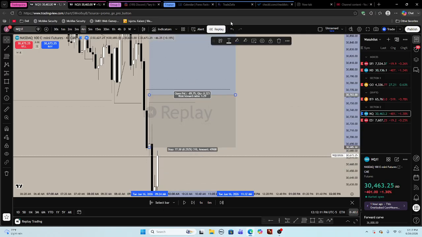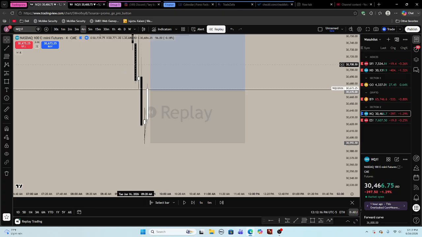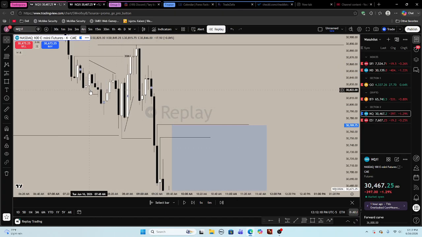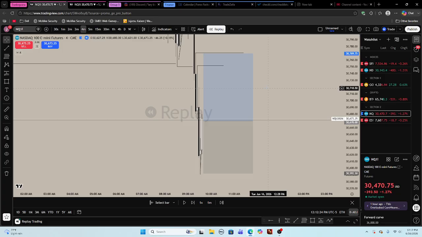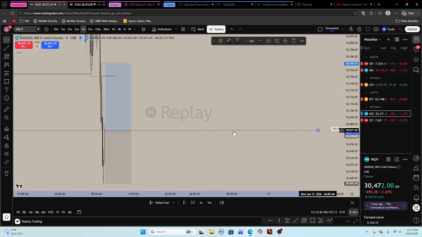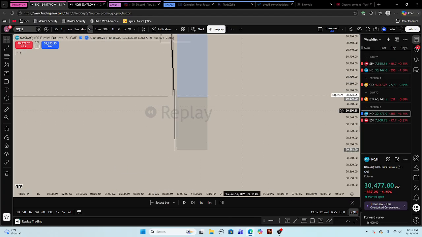Right here, the stop hunt is not really there. It's just a small little wick. You can clearly see the leg, right? For here, the stop hunt is not really that clear. So that's why I rated this a B plus, B setup, because the higher time frame is super